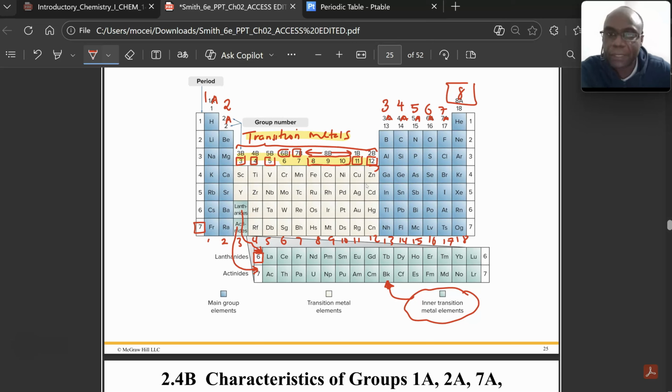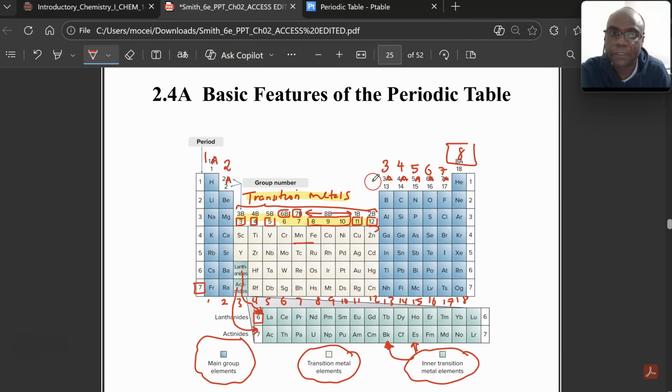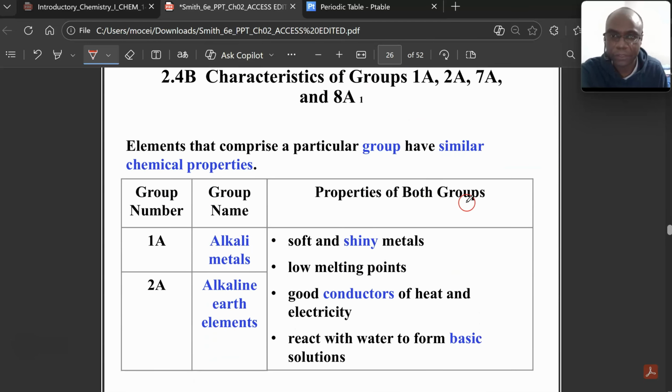Okay, so remember again, the long tall columns, those are the main group elements. And then these that you see here in brown, I don't know, teal color, those are the transition metal elements. But within the transition metal elements, you have elements that were sliced off. Those are the inner transition metal elements, these guys. Okay, and so I've discussed the features of the periodic table. Other than that, you have metals and nonmetals in the periodic table. We talked about that. So when you are discussing the periodic table, we usually focus on both the groups and